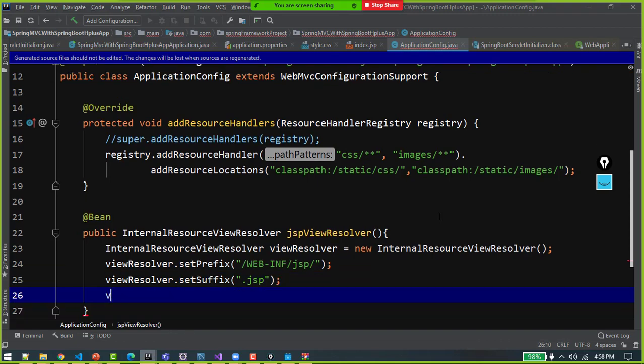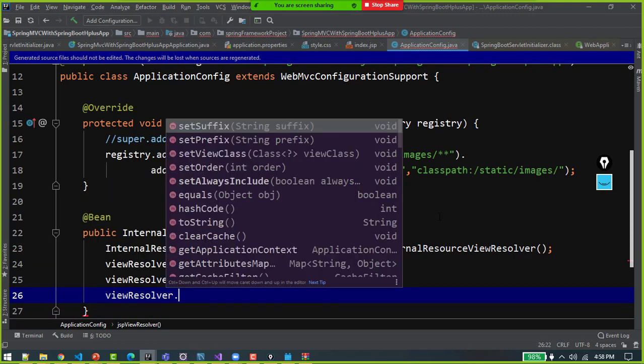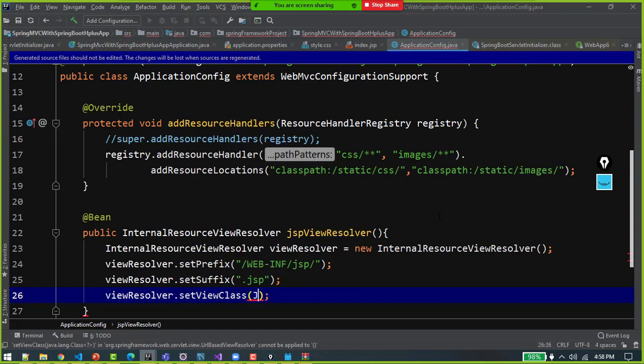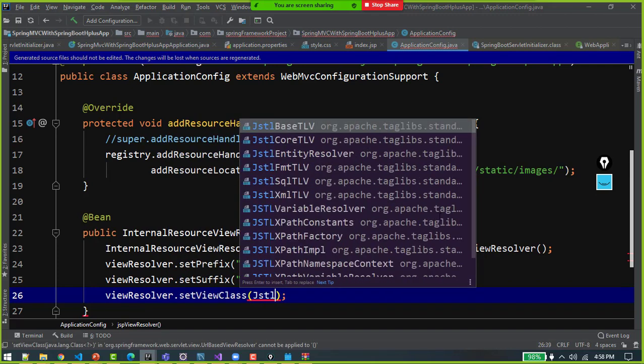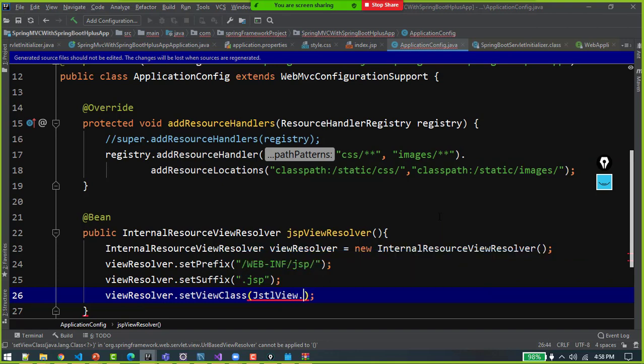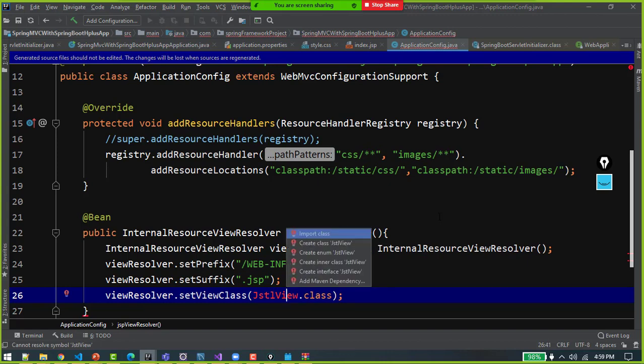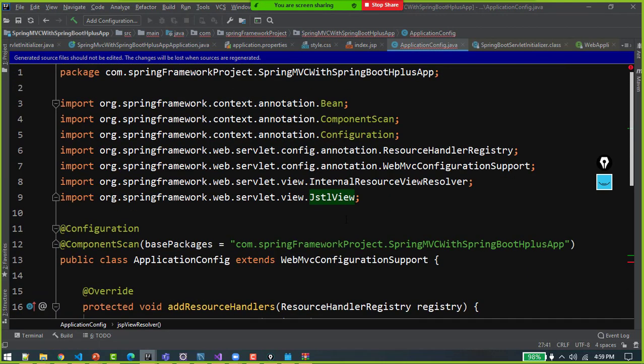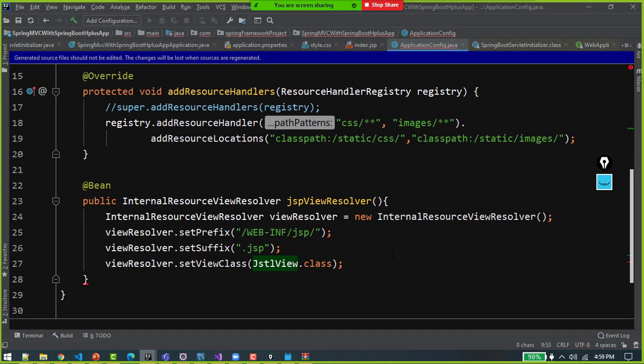After this is done, who is going to compile our JSP file, for which I added JSTL view.class, right? JSTL view, I have added that class from JSTL package, right?